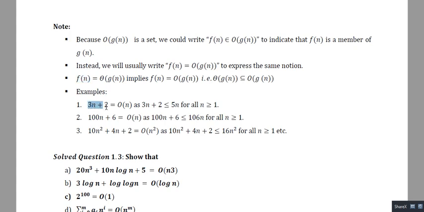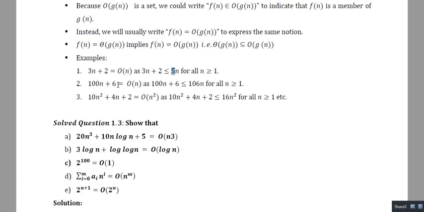So we can write 3n plus 2 is equal to big O n, right? Because this particular value is always less than c into g(n). So g(n) is what? n, right? So you just do one thing, put n equal to 1, so it will be 3 plus 2, 5. So 3n plus 2 is always less than or equal to 5n. So this is g(n), this is f(n), and this particular is the constant c. So f(n) is always less than or equal to c into g(n), right?